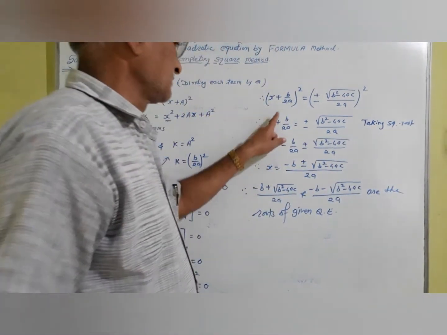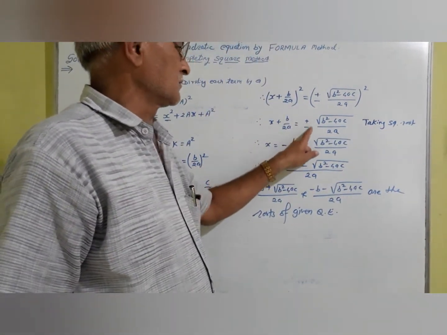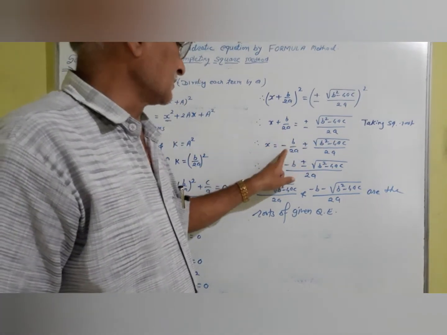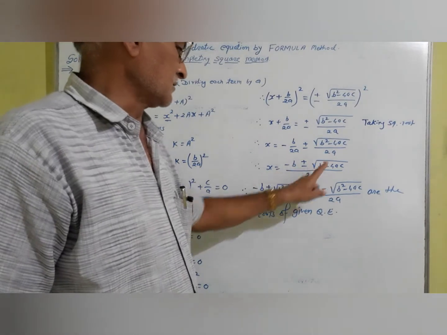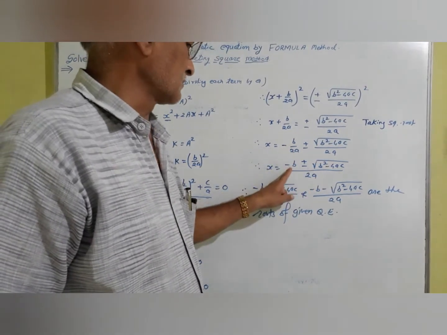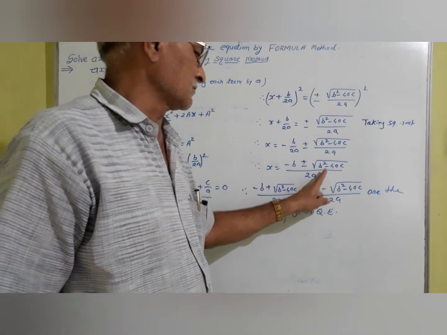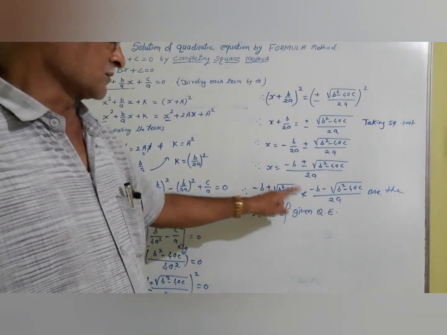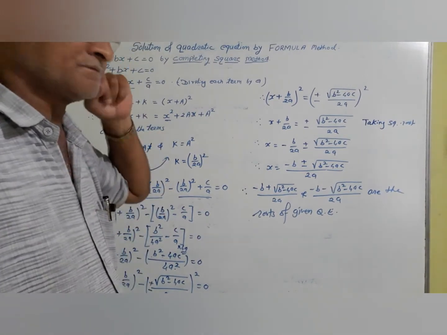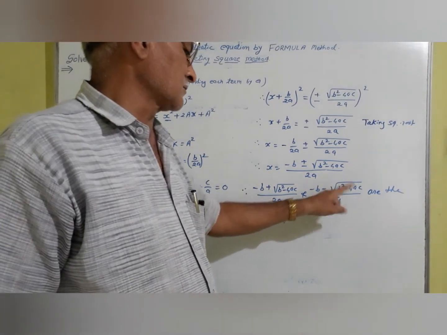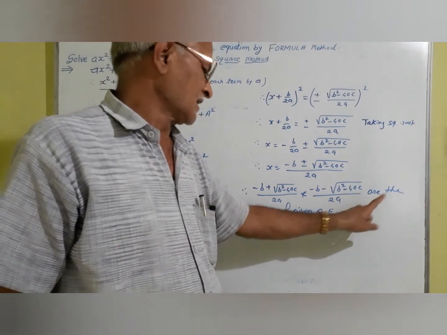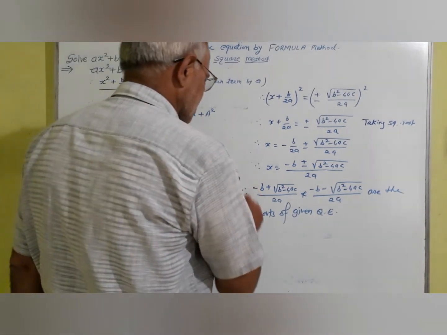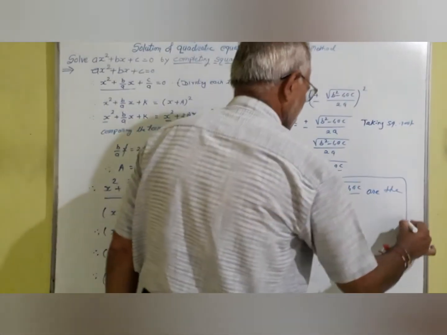Taking square root, x plus b upon 2a is equal to plus or minus square root of b square minus 4ac upon 2a. This term taken to the right side becomes minus b upon 2a. Now the denominator is the same, 2a, and in the numerator, minus b plus or minus square root of b square minus 4ac. Therefore, minus b plus square root of b square minus 4ac upon 2a and minus b minus square root of b square minus 4ac upon 2a are the roots of the given quadratic equation, and this is the root of the above